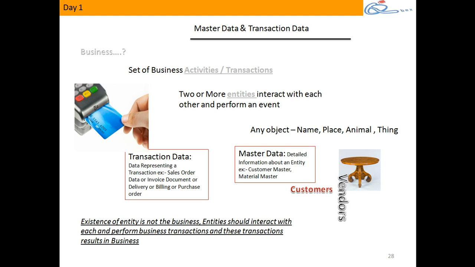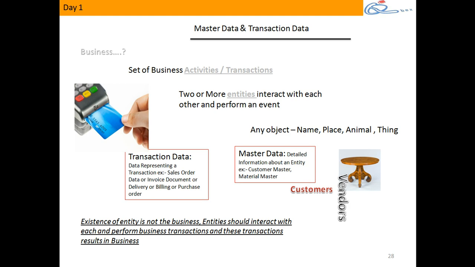If I look at some data and I understand an event, like say there was a sales order 1001. It was performed by customer C1. He purchased the product P1 at quantity 5 and price 6, so the total value of the order is 30. By looking at this data, do you understand some event happened? That is transaction database. If you look at some data which represents an event or a transaction, I call that transaction database. Understand? So clear on what is master data and what is transaction database?